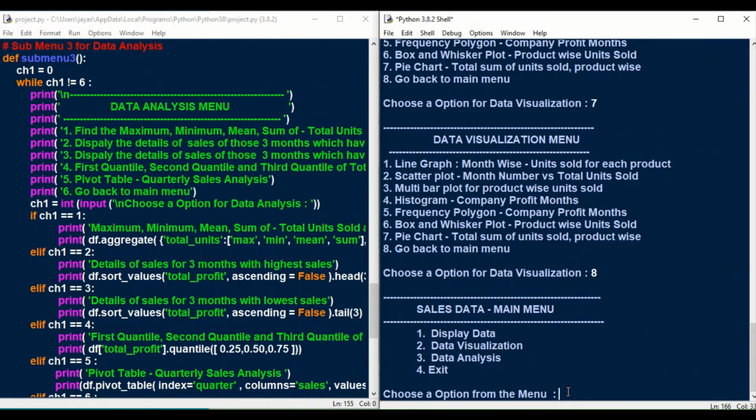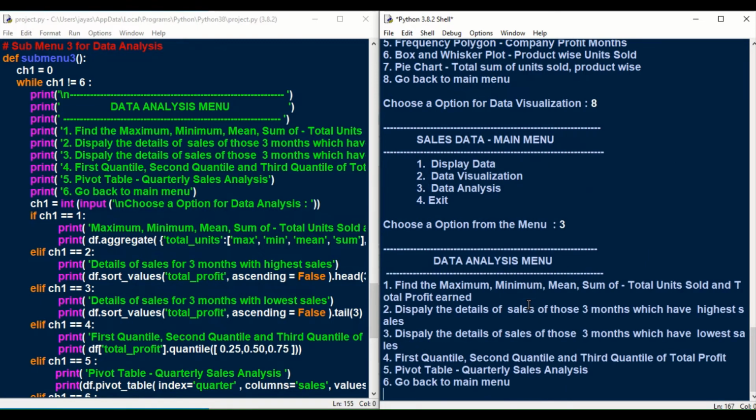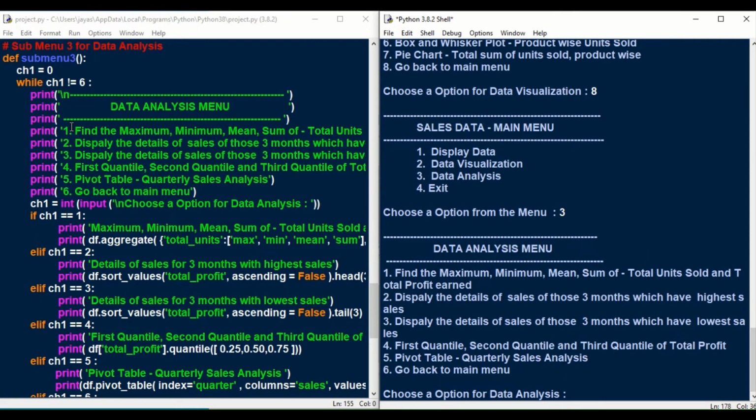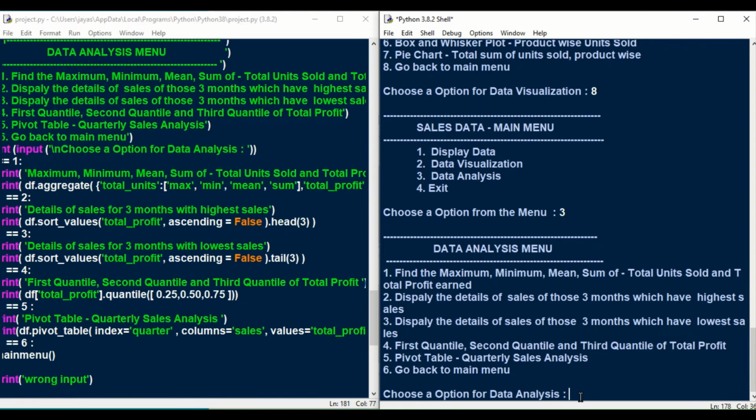So now when we enter the choice as 3 from the main menu, the function submenu 3 is invoked to present a menu of options for data analysis. The first option in this data analysis menu is to find the maximum, minimum, mean and sum of the total units sold and the total profit earned.